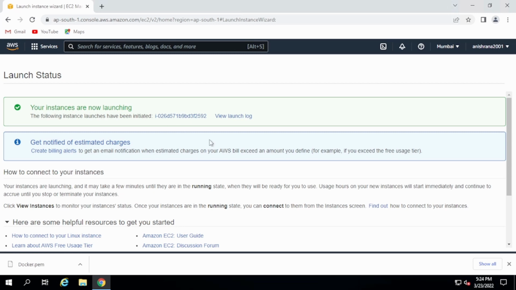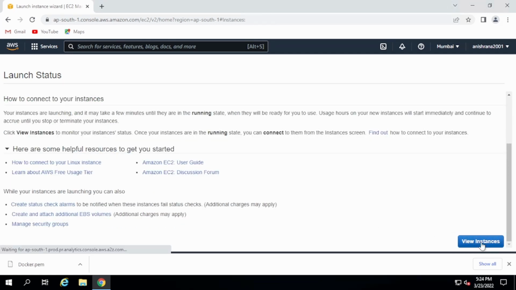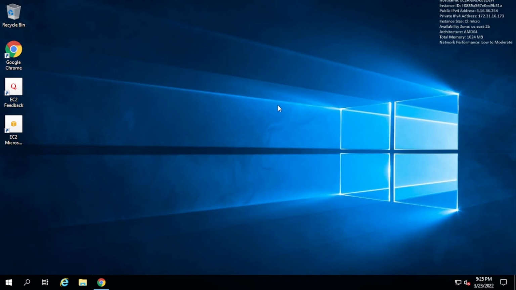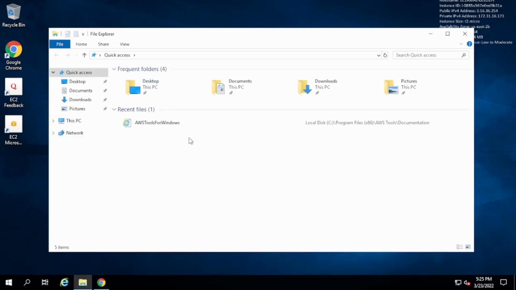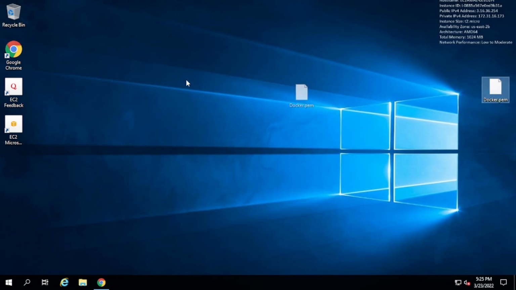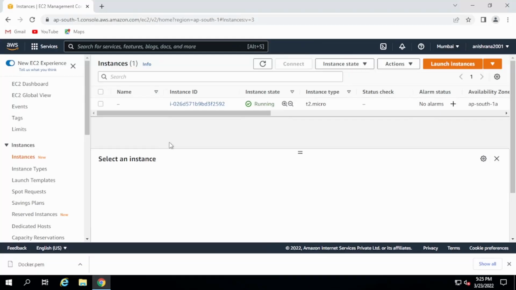So your instance is now launching. It's saying view instance. You can click on view instance here. And now here you can see it is pending. The state is pending. It takes some time. So now as you can see here, it is the PEM version, but in Windows, if we want to